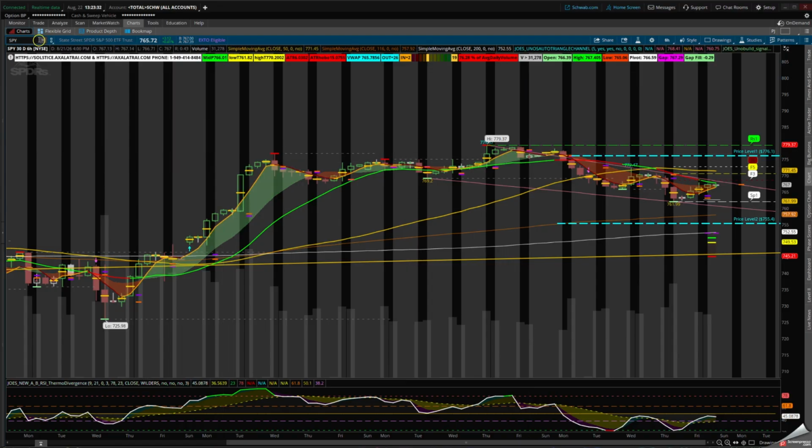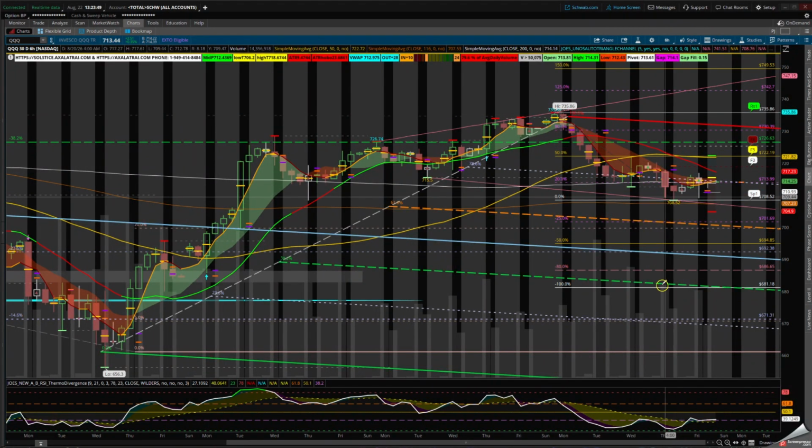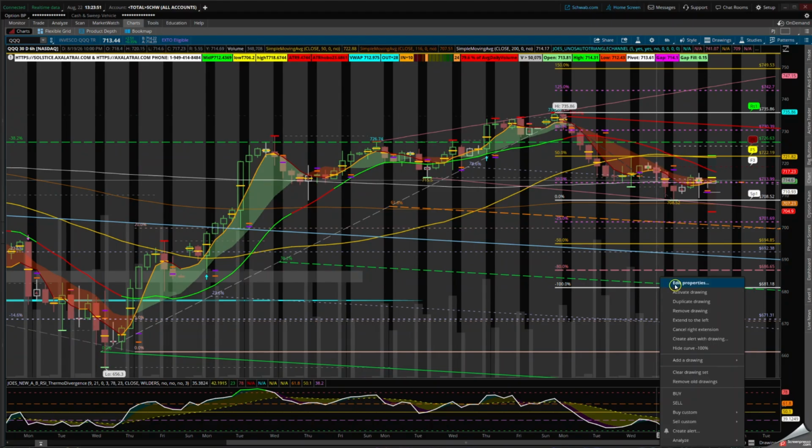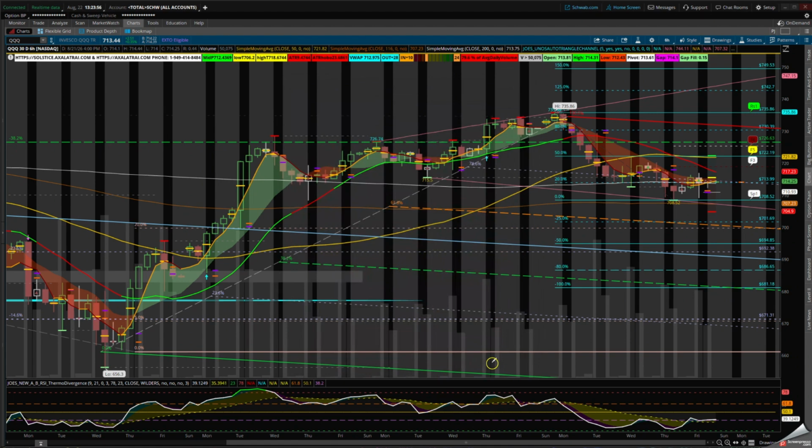So if I look at the QQQ from Friday's high to the low, we're going to measure it so everyone can understand it. We're going to do the measurements for the expected move from the high to this low, and we can see where the extensions are to the right or left. Edit the property. We're going to make it baby blue so everyone can see it. And we're going to do the expected move, which is $15 on the charts from the price 713.